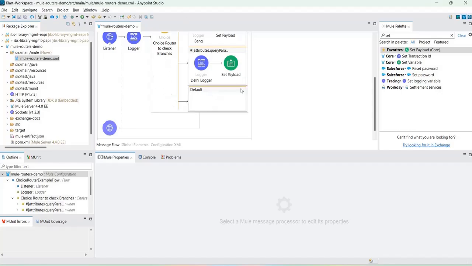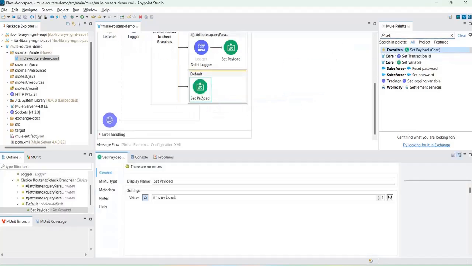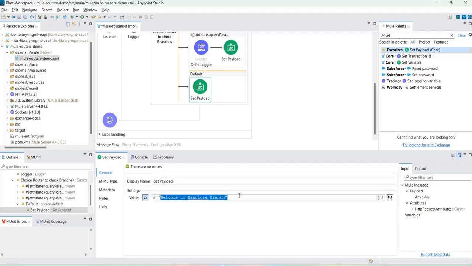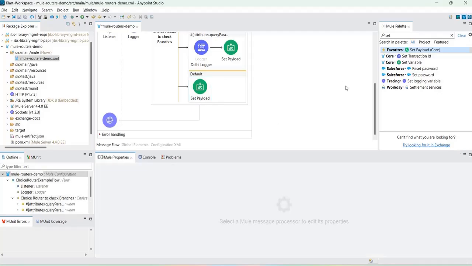This default block is available only for choice router. For other routers, it is not available. Okay, so if all the above conditions are not satisfied, then it will execute the default block. Then in that default block also we can write some message like, maybe this is the default section, just for our understanding. Okay, so